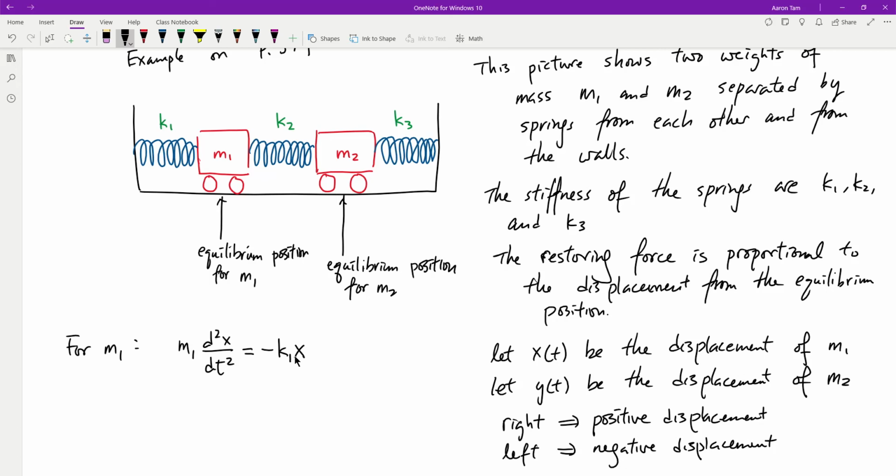If M1 moves out of position, K2 would also exert a force that would move it back. And that would be in the opposite direction of the displacement, meaning if M1 moved to the right, K2 would push it to the left to get it back into the equilibrium position. Finally,